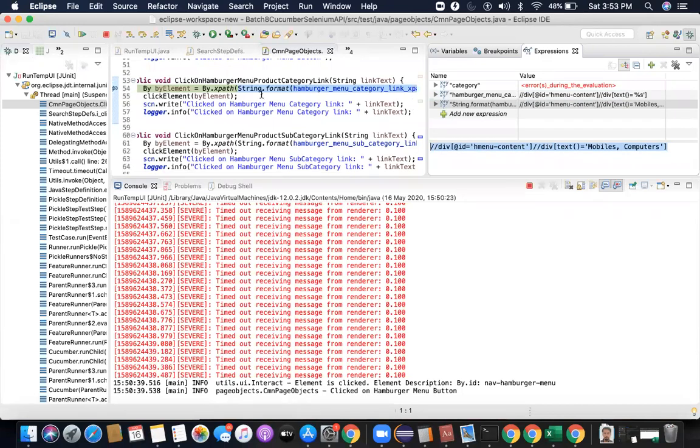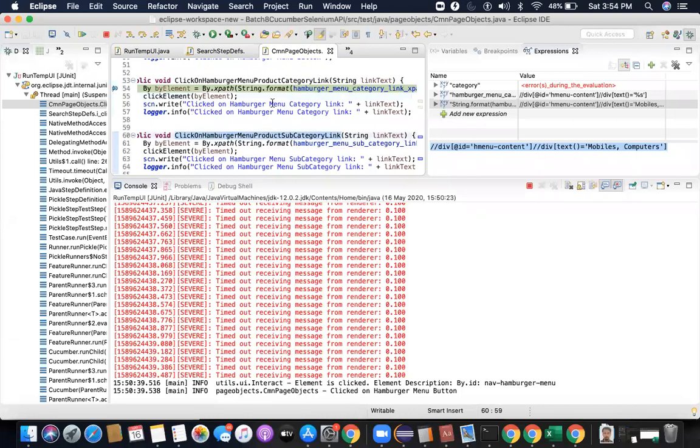And this I'm converting into a By object, and that By object, as usual, I'm passing into click element to do a click operation. Exactly the same thing is happening for subcategory. So what I tried to explain is how this dynamic XPath works, because last time, if I'm not wrong, someone was asking about dynamic XPath. I think Dishani was asking about it. This is how you manage dynamic XPaths or dynamic locators at runtime. I'm creating this XPath at runtime, and then using that XPath to do my operations.